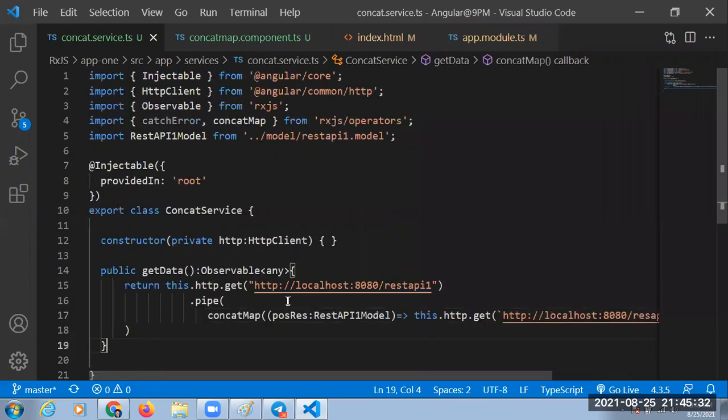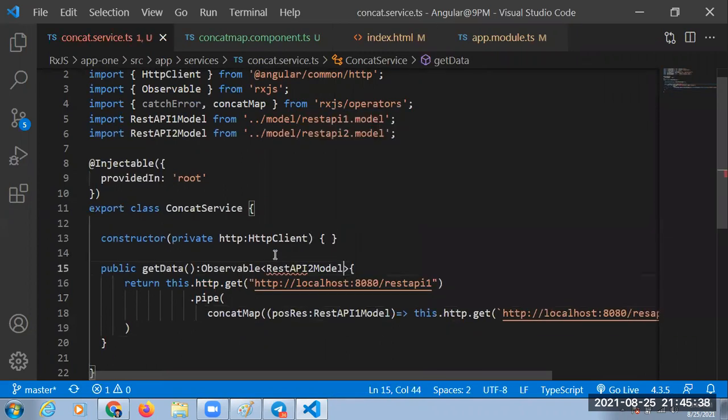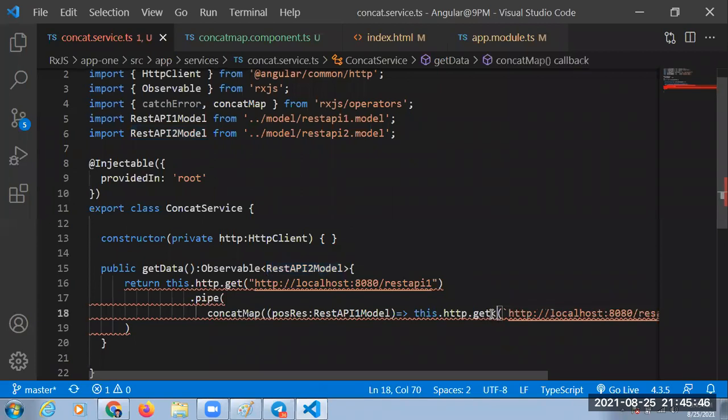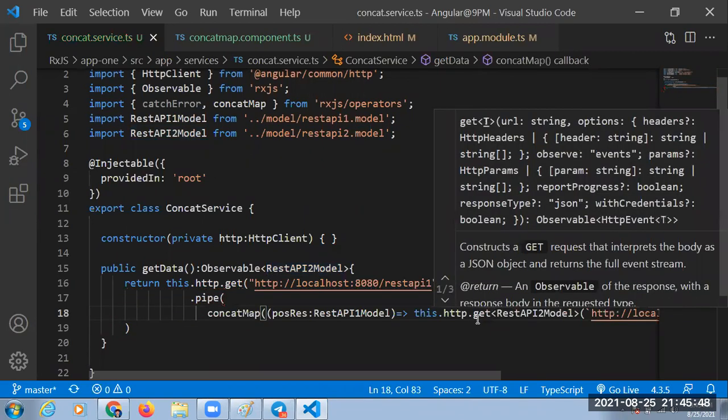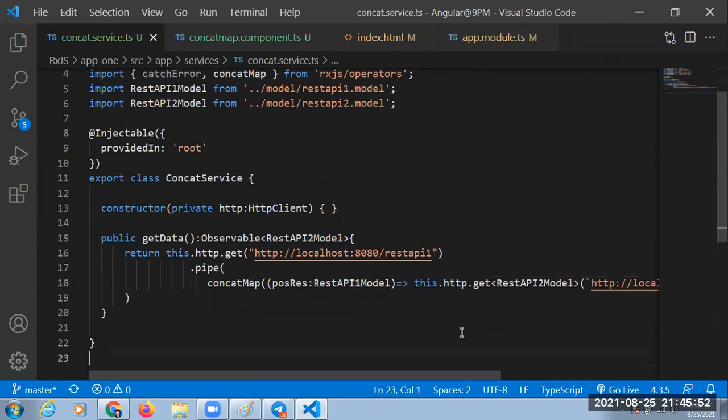Here itself, what do you want to place? REST API 2 model. Let me place the REST API 2 model, then we can overcome that error. Because the syntaxes are not user-friendly, a little bit horrible syntaxes.